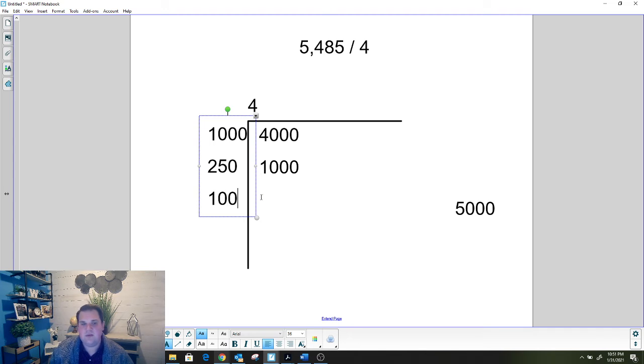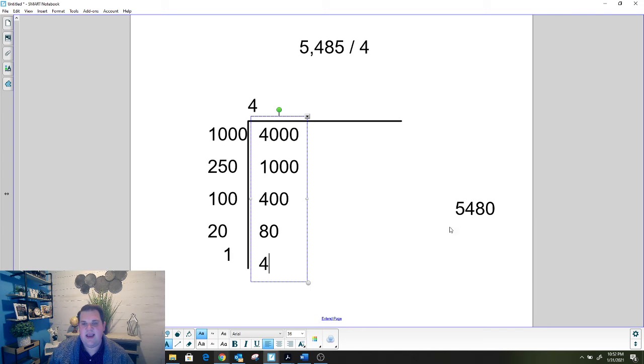So I know 100 groups will equal 400. And I know that takes me to 5,400. And then if I do 20 groups of 4, that will be 80. And that takes me to 5,480. And now I have 5 left. So one more group of 4 will be 4. And I now have